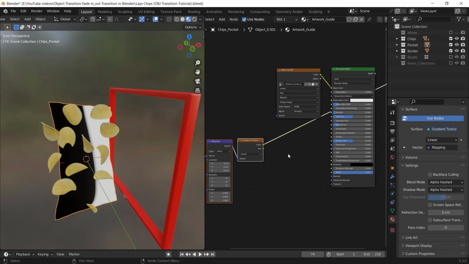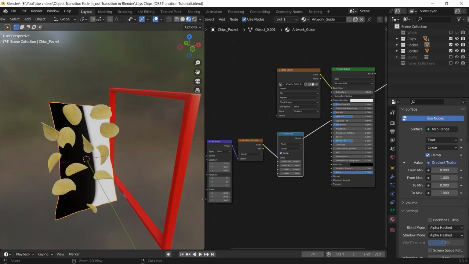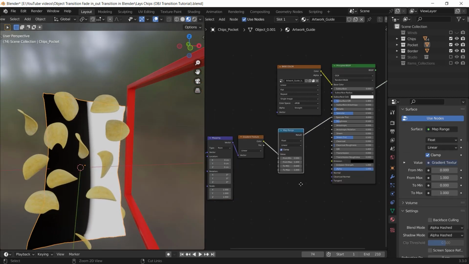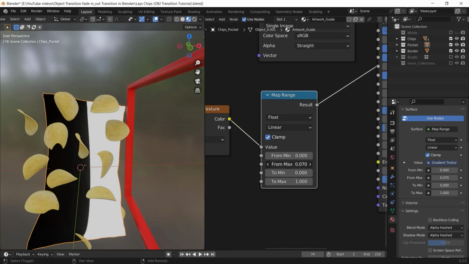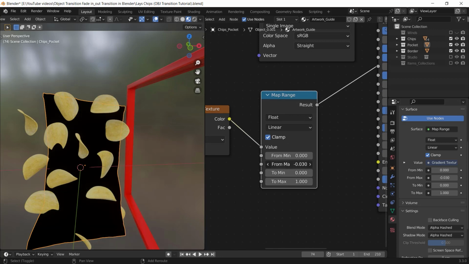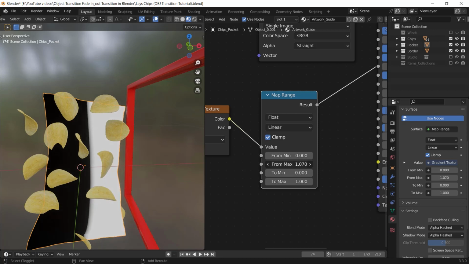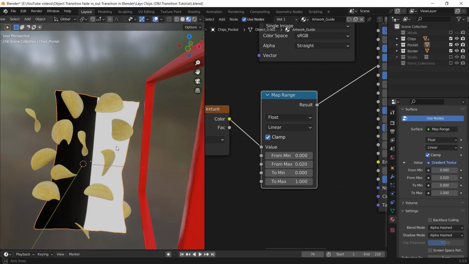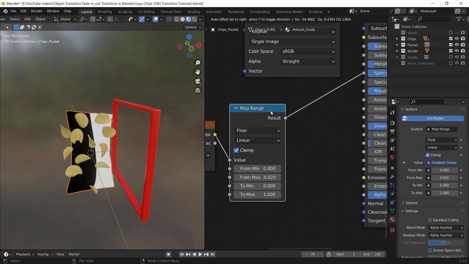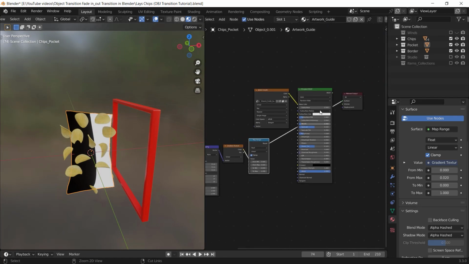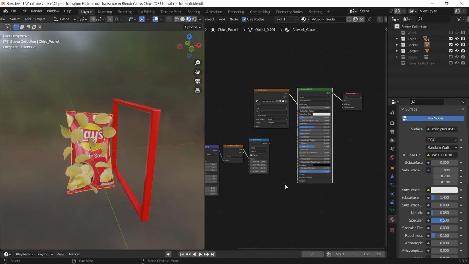So after that, after the gradient texture, I add a map range node to make it more contrasty. Now you can see if I decrease this from max value, it gets more like a straight perfect line and more contrasty. You can see this. I enter a number like 0.02 for this value,